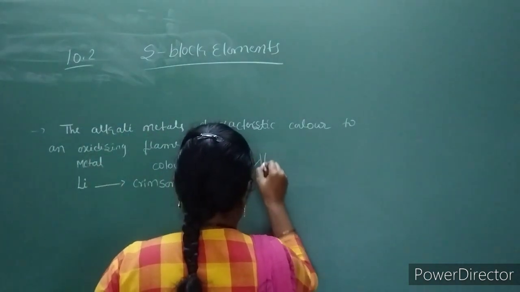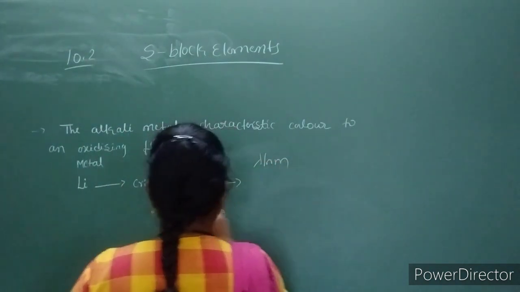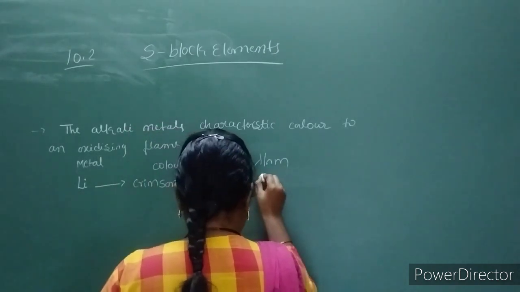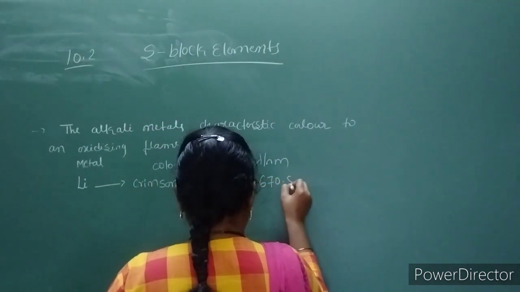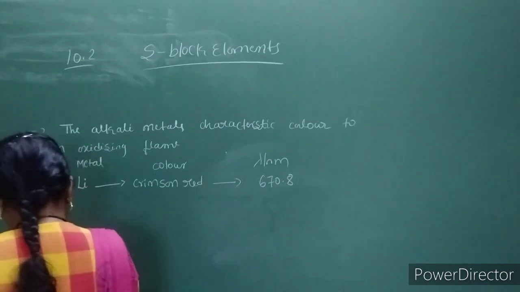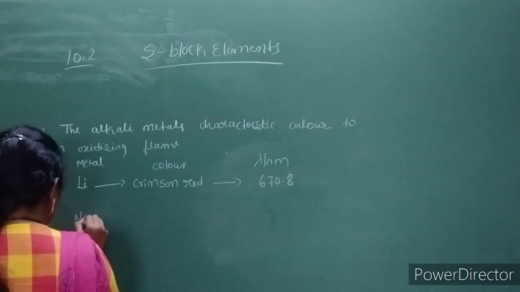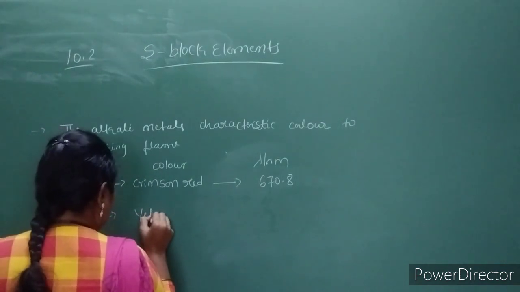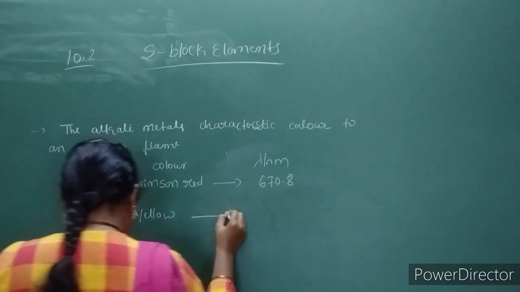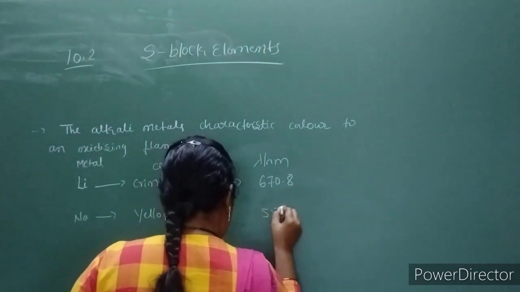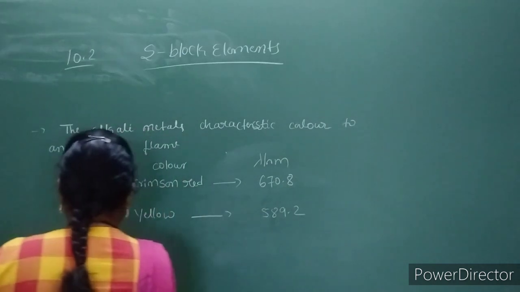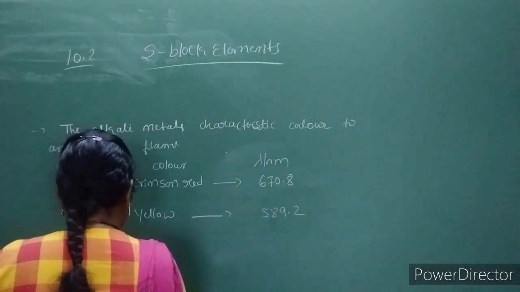At a particular wavelength we observe this kind of color: 670.8 nanometer. Next, sodium gives yellow color at 589.2 nanometer, and potassium gives violet color